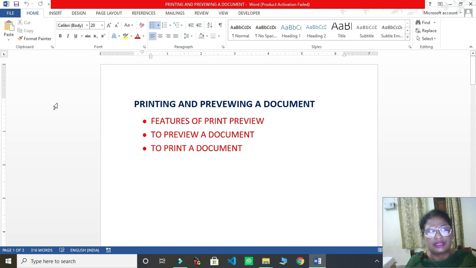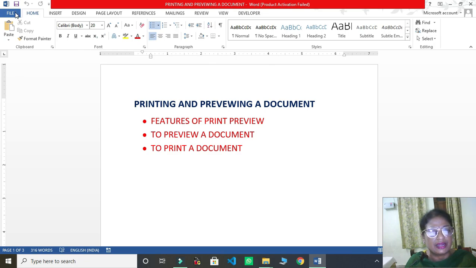There are two types of page orientation in the Word. One is portrait, which is this style, and one is landscape. We'll see in the preview option only. If you want something in a horizontal form, then you can use landscape form. And then also it helps you to zoom your document to see what changes you can make in your document. So let us see how to preview our document.